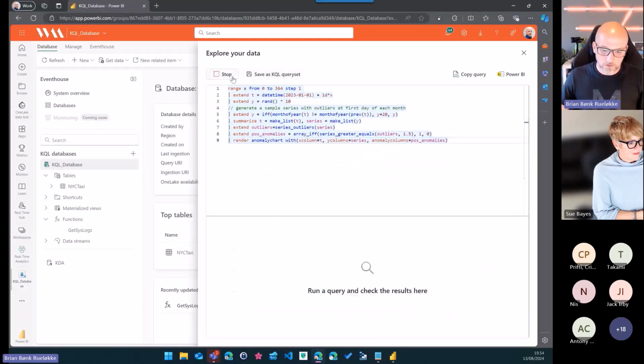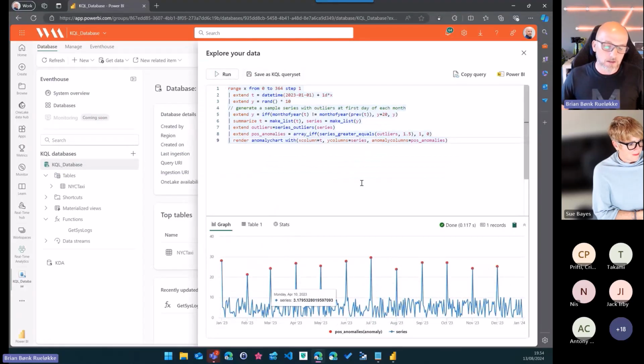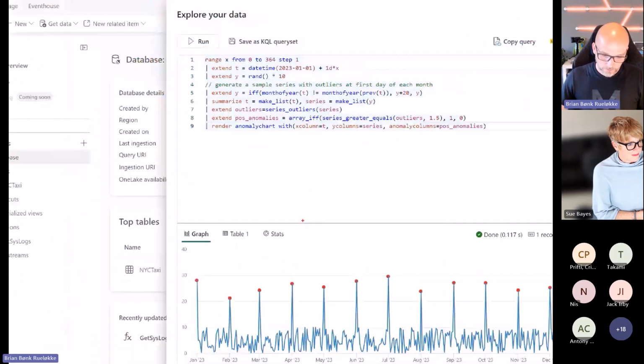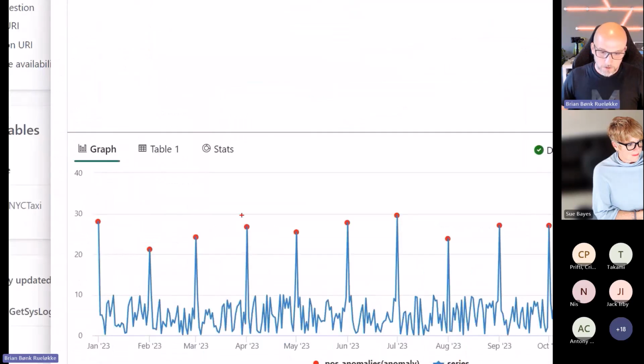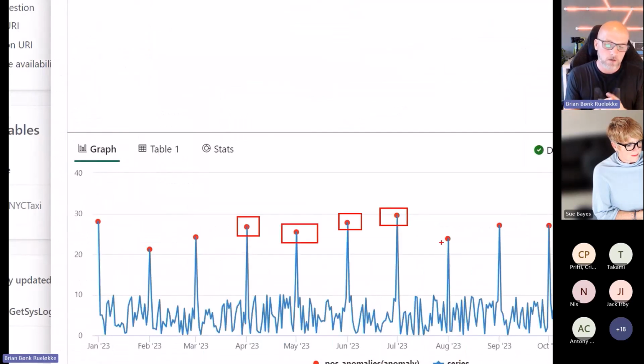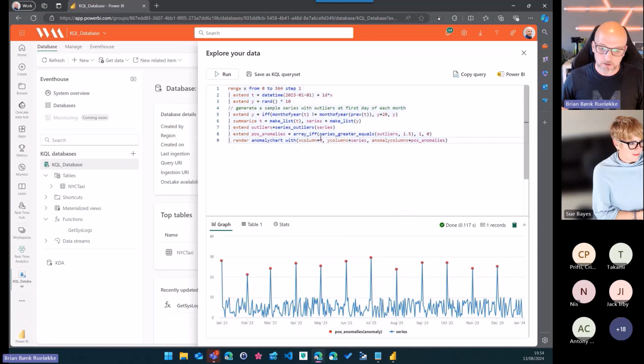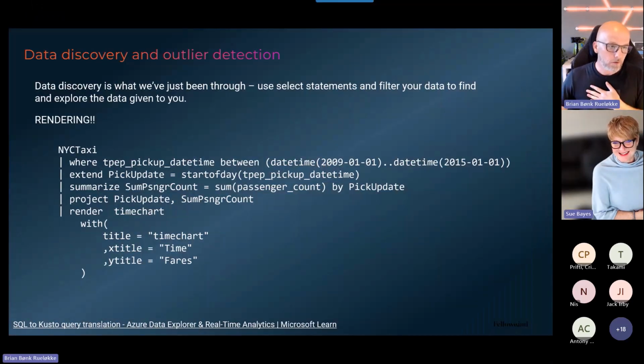So if I execute this one, you'll see immediately that I get the anomalies directly in Kusto. I get all the data and the anomalies. If I can zoom in, there you go. Nope, sorry, I'll just do it again. There, the anomalies are these red dots. So anomaly detection in Kusto is just easy peasy. It just works out of the box with a few lines of code, and the anomaly detection is actually just the 3 last lines of code here. So easy peasy, if you know how to do it.